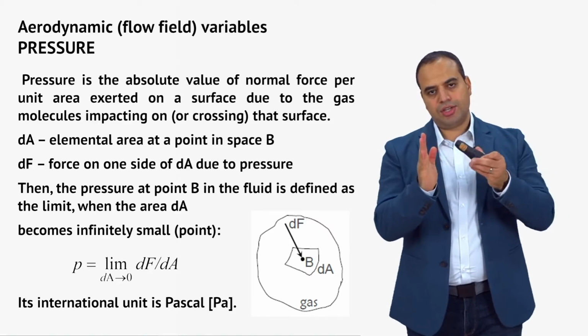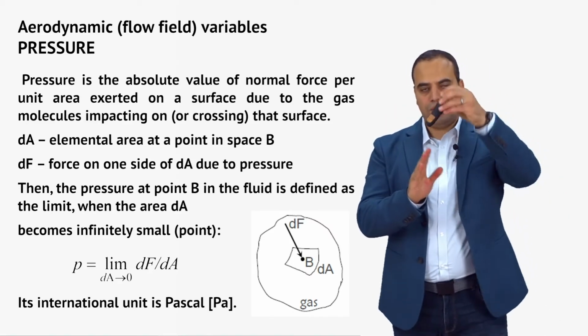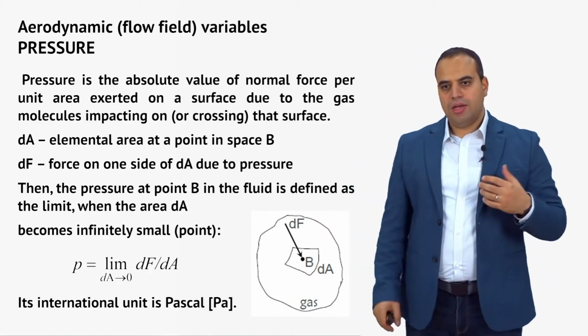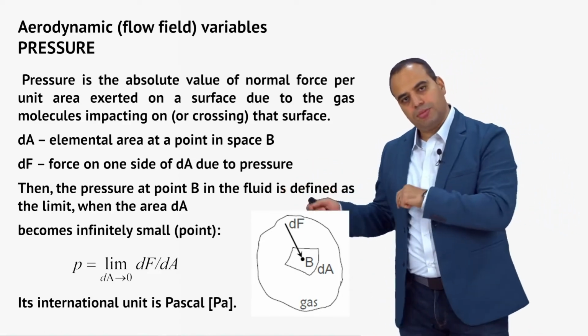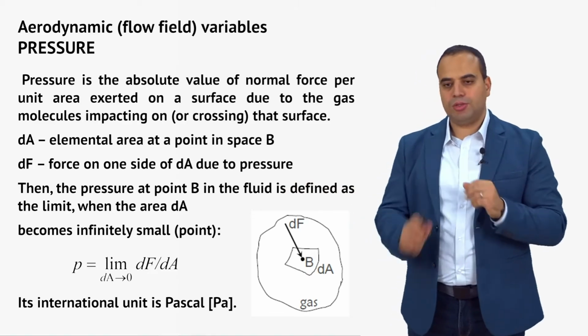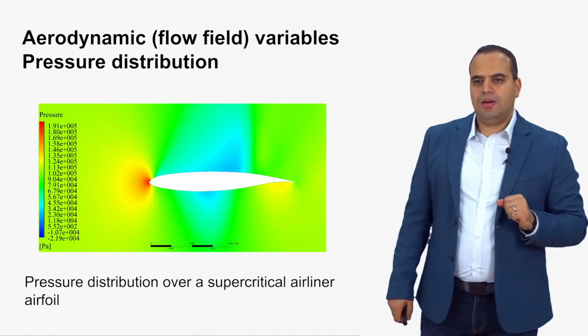So it's acting in this direction, in the opposite direction, and in all possible directions, right? That's why we have to shrink the area needed to define the pressure to a point, a very small point. Okay, let's see how it